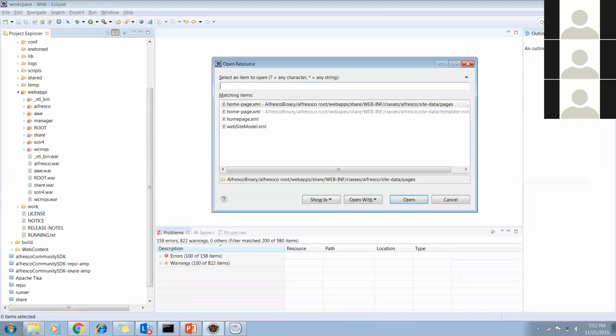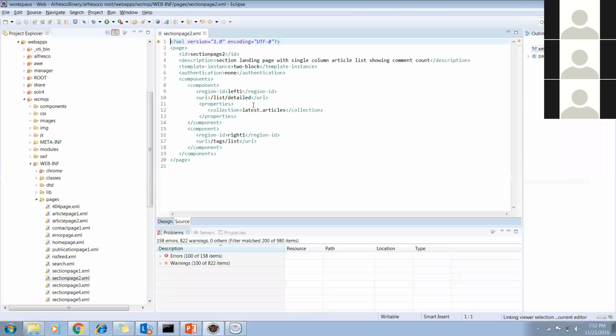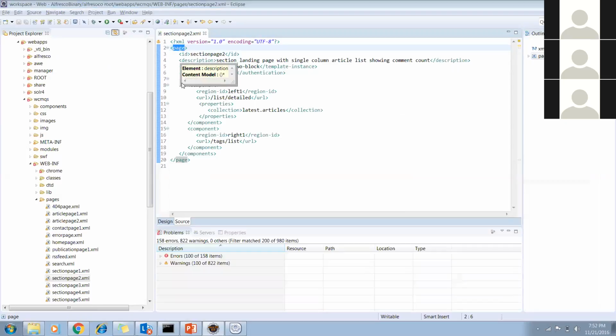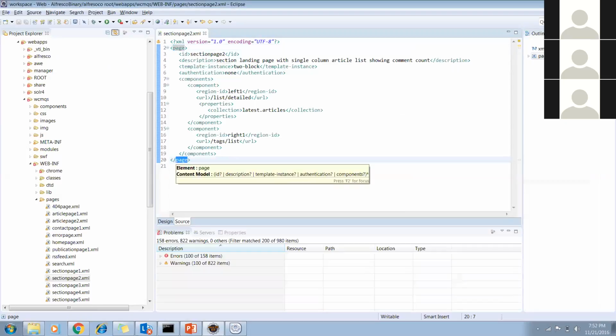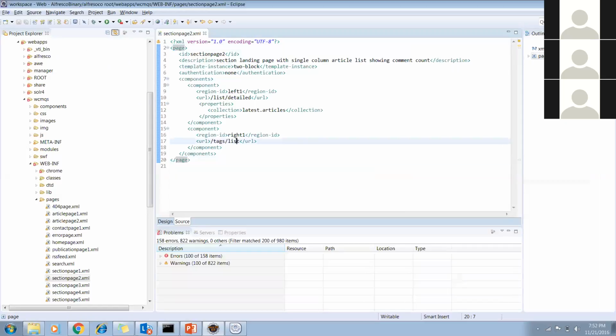Better copy there. Control Shift R, you might know this shortcut. You see this XML, the section page 2. If you see here clearly, are you able to see all this content? Here is the page main tag, which means this XML is telling that this definition is related to creating the page. You will have an ID of this page, and there is some description about why you should use the page, which will not be displayed on any website.